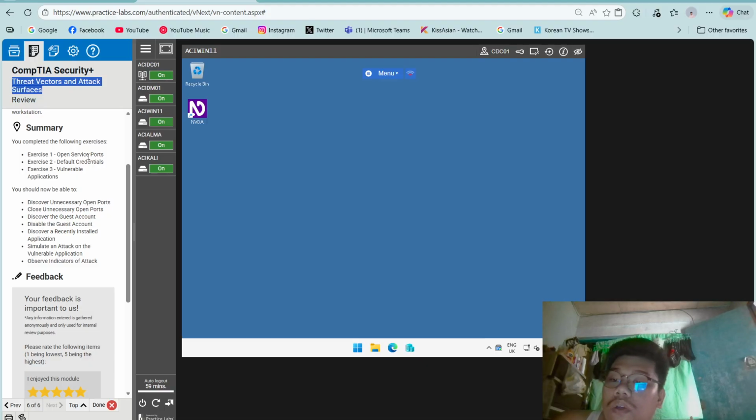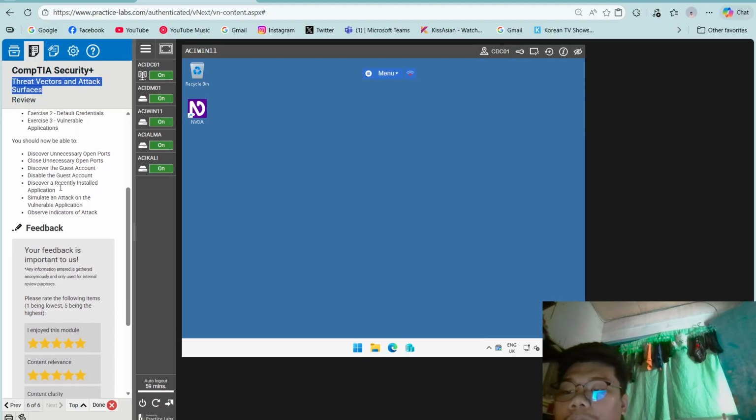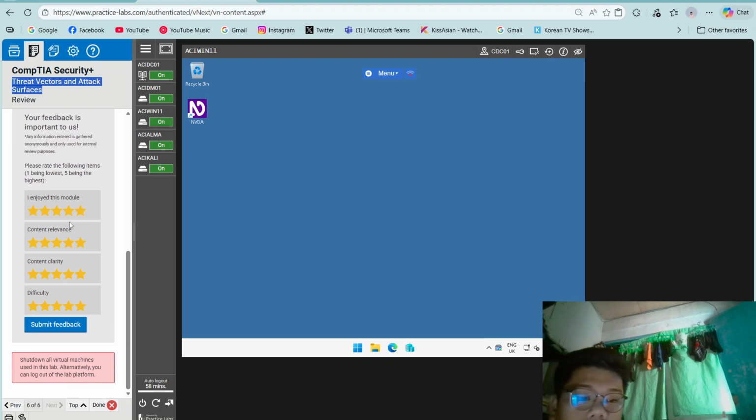Exercise 1, open service ports. Exercise 2, default credentials, and lastly, vulnerable application. You should now be able to discover and close unnecessary open ports, discover and disable the guest account, discover a recently installed application, simulate an attack on the vulnerable application, and observe indicators of attack.